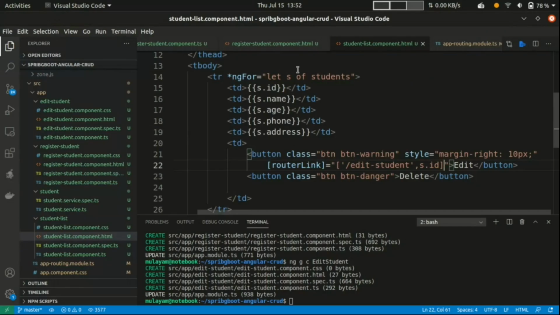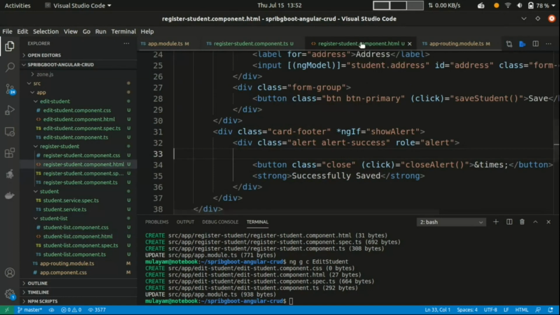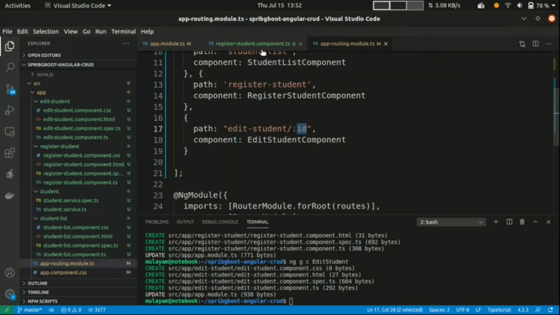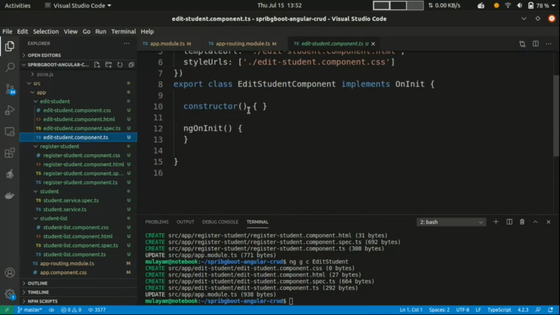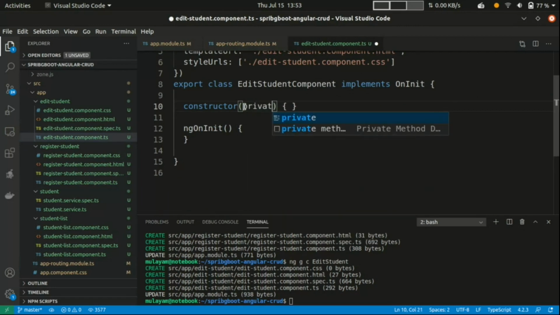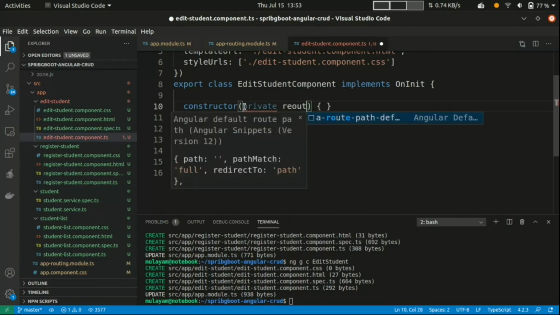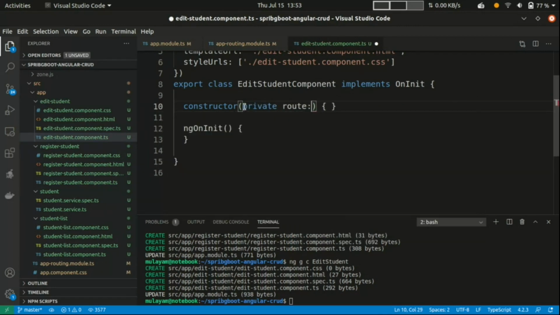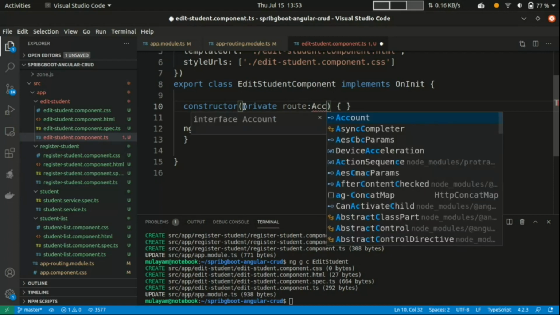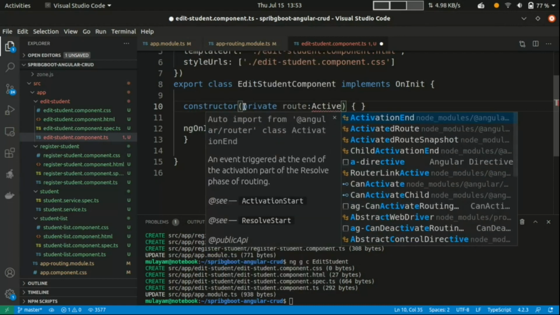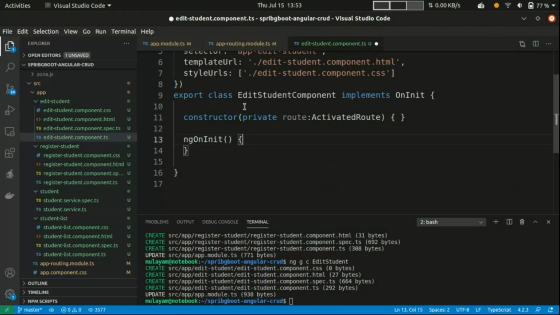Okay, now in this page I want to read that parameter. In edit student, how can we read? To read that parameter, we just have to add one dependency here, ActivatedRoute.